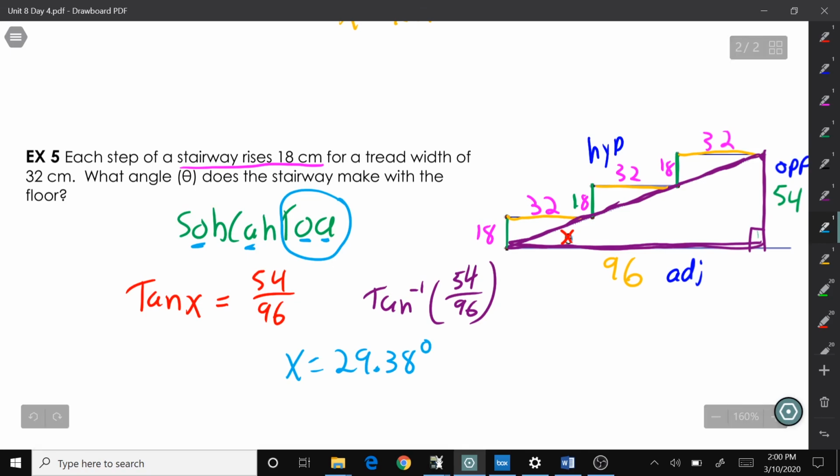So again, when you're finding angles, you use the inverse function for whichever trig function you're going to use, but you still write out SohCahToa and underline to figure out which one you're going to use. So, if you need to,